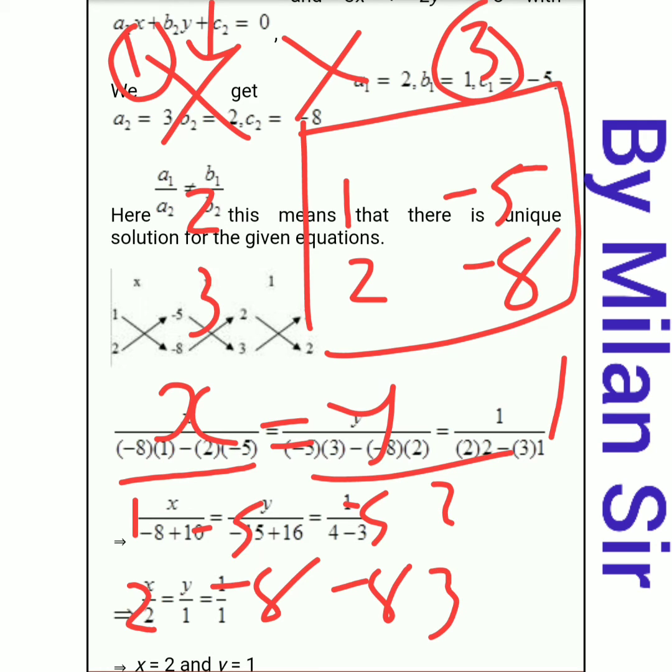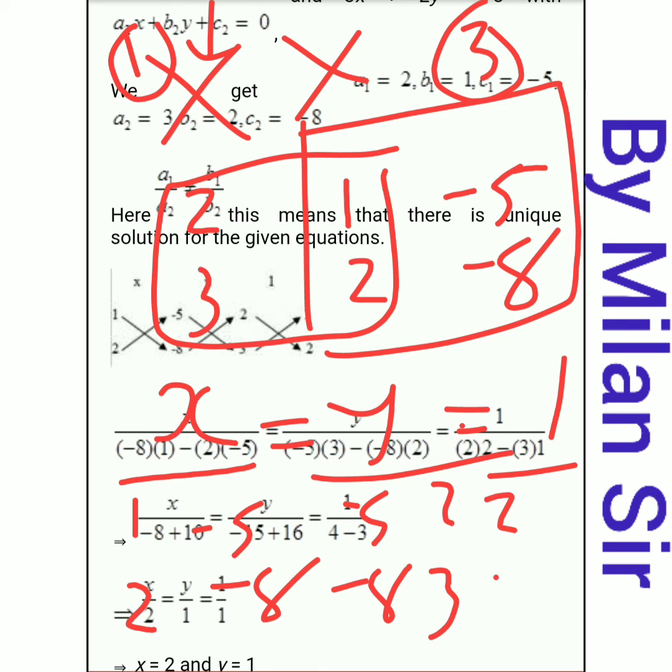Okay, below x we need to skip the first line. In the second term, that means in y, we need to skip the second line, and in case of 1, that means in the third term, we need to skip our third line. So we need to write our first two lines, 2 by 3 and 1 by 2. This is our first step.